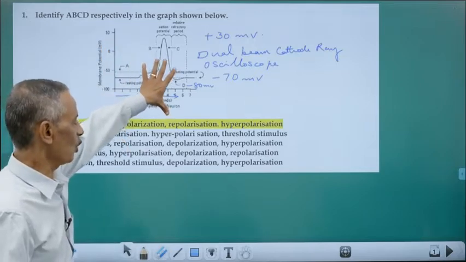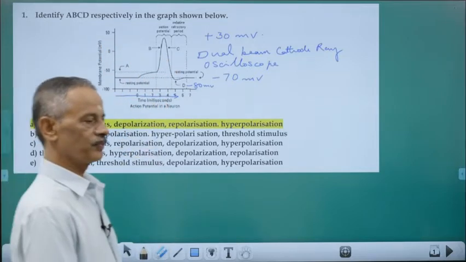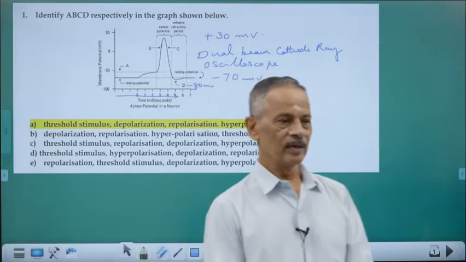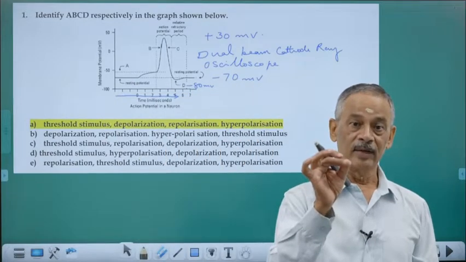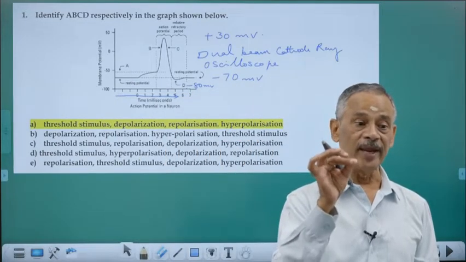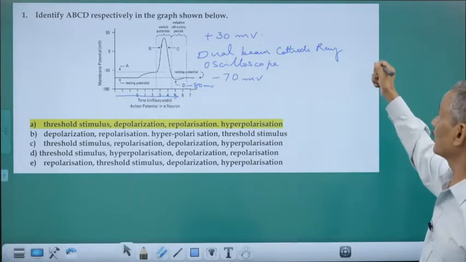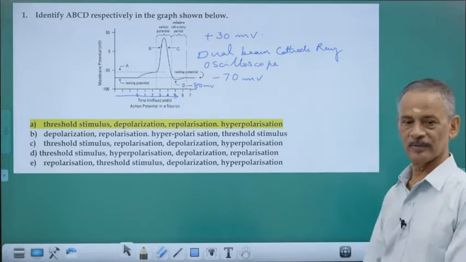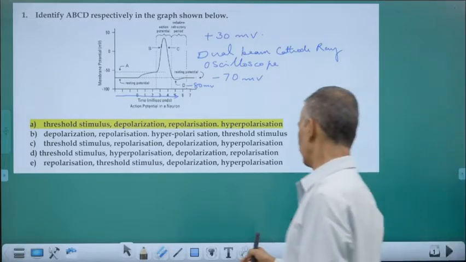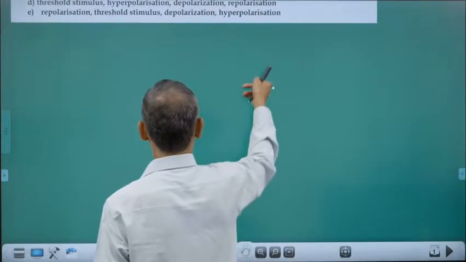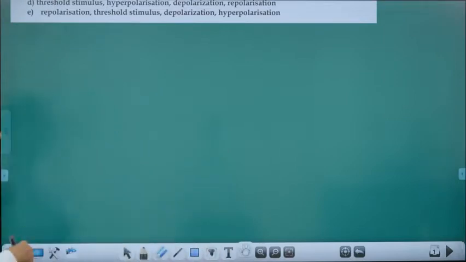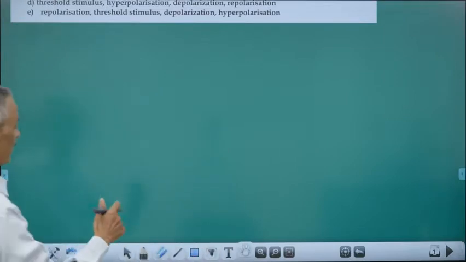This graph is not in our books. This is a graph that we can mark based upon the observation we make in a dual beam cathode ray oscilloscope. See, during the active transportation of impulse across an axon,